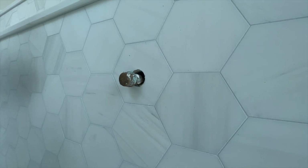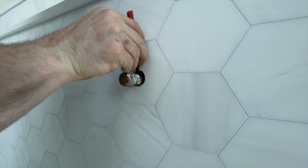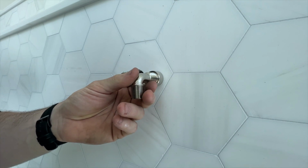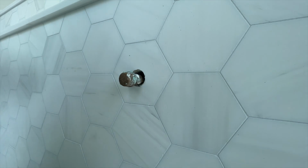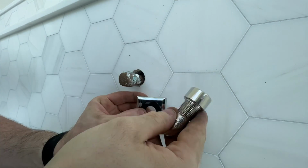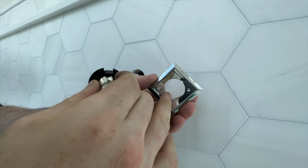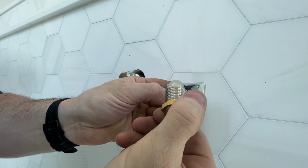So we're going to want to know where we are, so I will take a marker and just mark the nipple so it's right at the edge of the tile there, because we have this piece which will go here. The way these ones work is this goes on like so. There is an escutcheon plate here, and you have your little catch for the cover plate that goes over this. So this piece actually will go up and on like that, and then there are little keyways, so this is directional. And then you have a nut that threads up